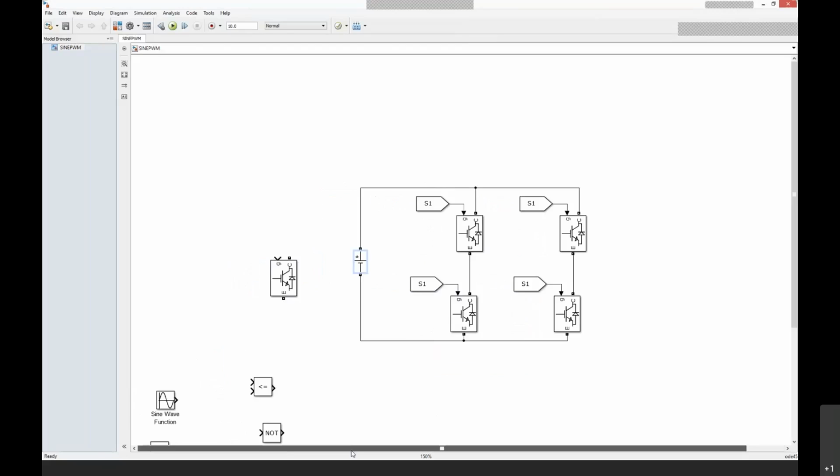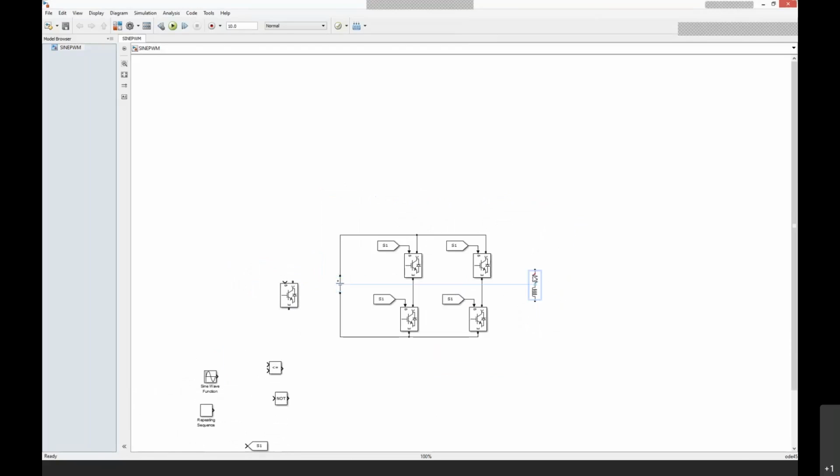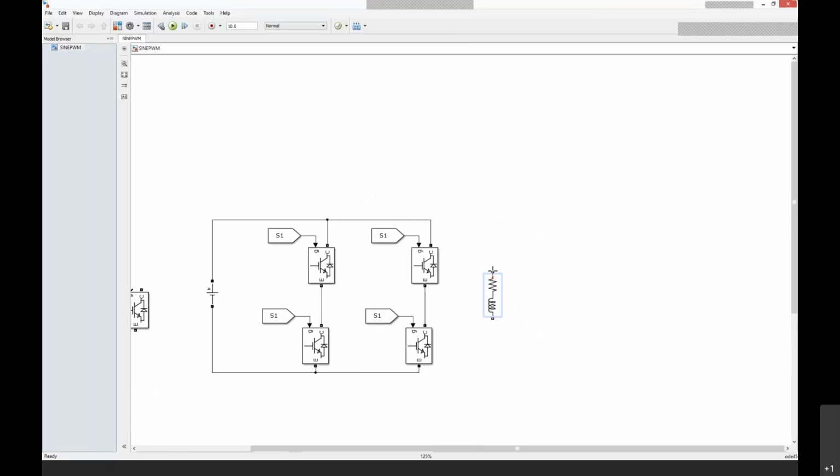So we need to connect a load. A single phase load is required, so I took a single phase RLC branch. In MATLAB, a single phase RLC load is also available. When you select that, you need to give the voltage and its kVA and MVA ratings. Therefore, for easiness, we need to consider this single phase RLC branch. So this is AC, and we need to connect it like this.